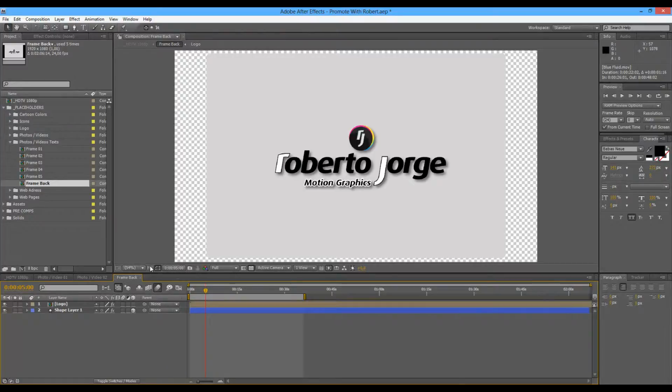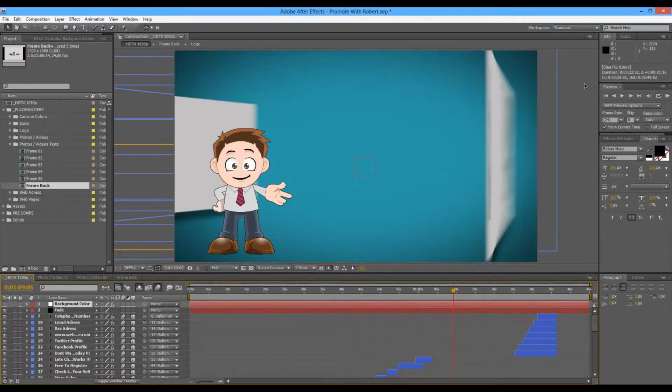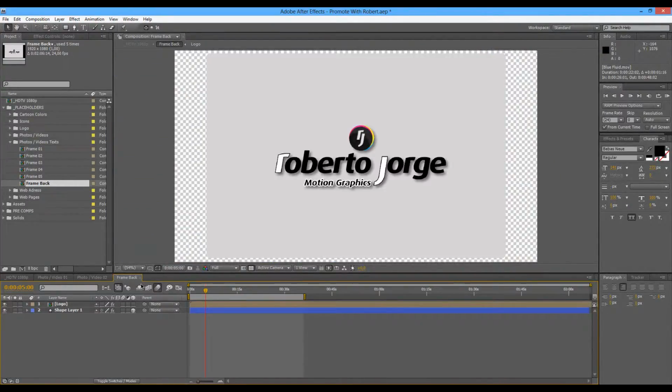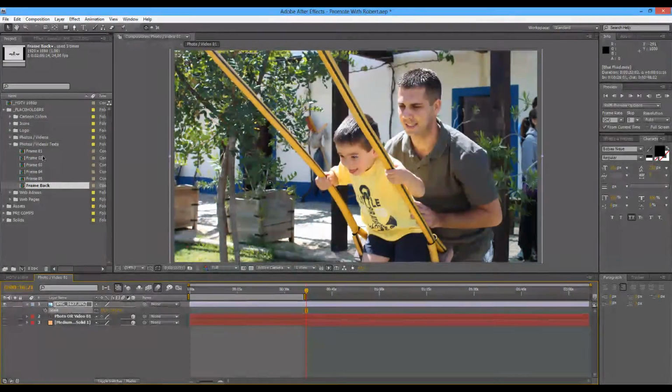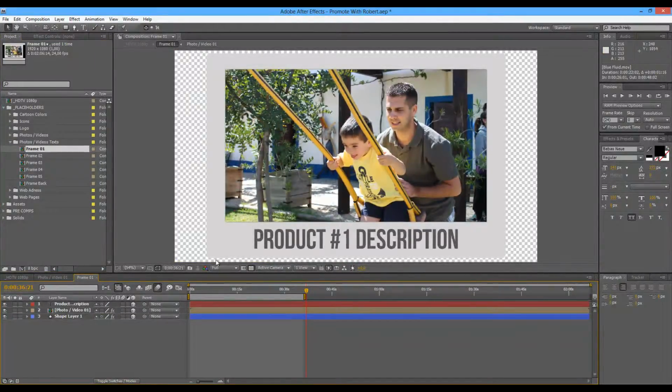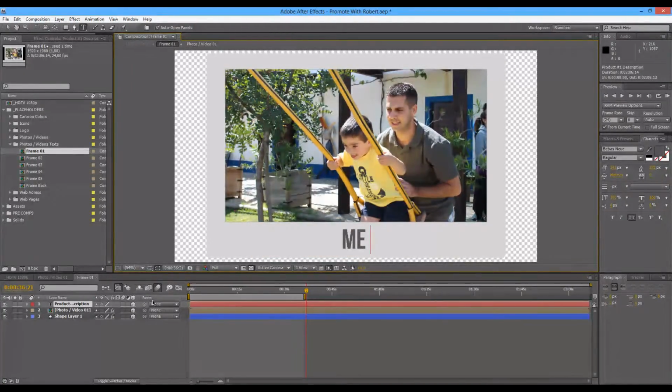If for any reason you don't want to show it, you just have to open the frame back and disable your logo, and in this way you will have just plain blank on the back of your frames. In this case, I'm going to leave it on. I'm going to close it, and I'm going to open frame number 1, which will correspond to my product number 1, and I'm going to double click on the text, and let's say me and my son Daniel,